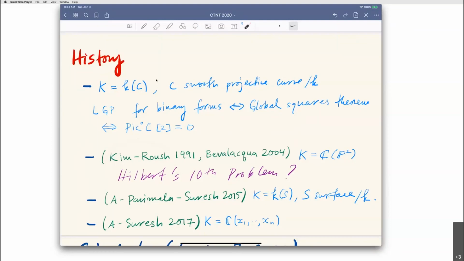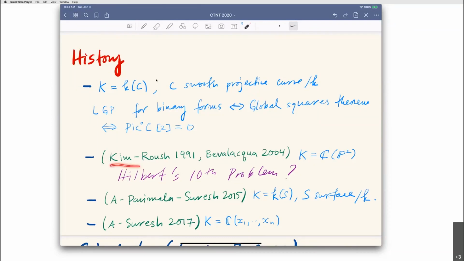It's a famous work in logic culminating in the work of Matiyasevich, but it's still open, notably over the rational numbers. We still do not know whether, for a system of polynomial equations over the rational numbers, there's an algorithm to decide the existence of a solution. So that's a very interesting problem.